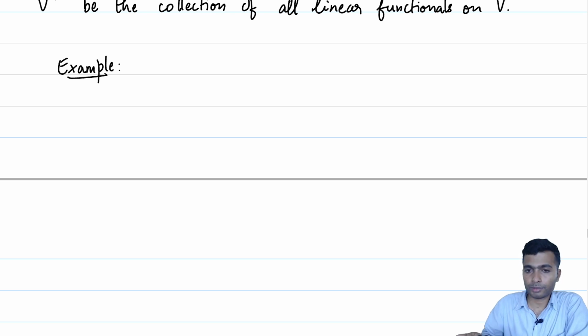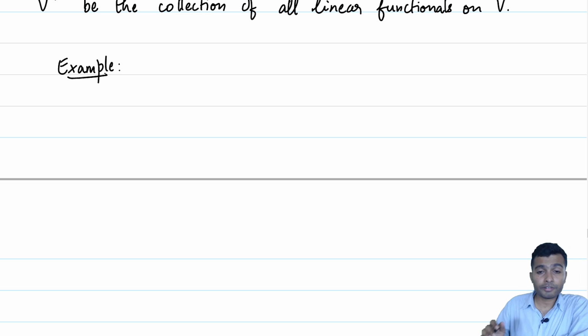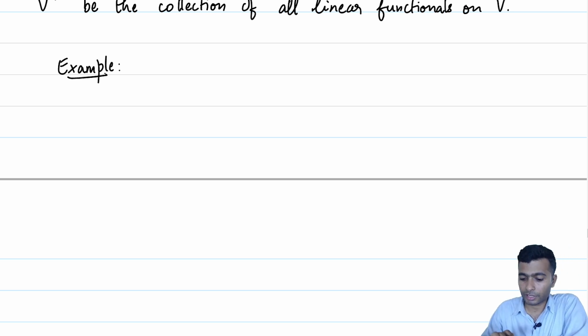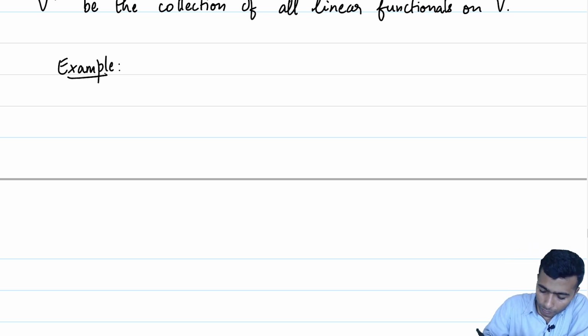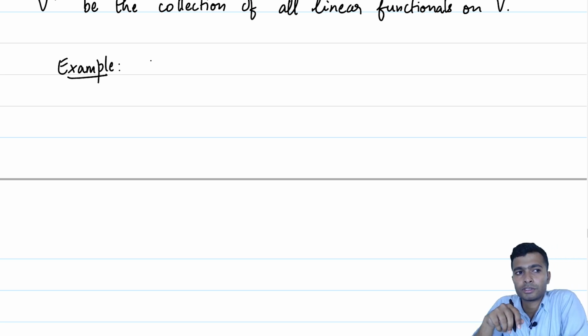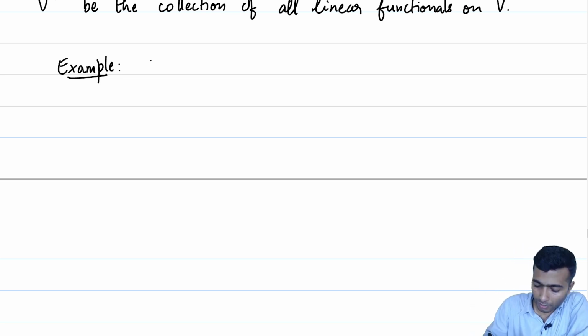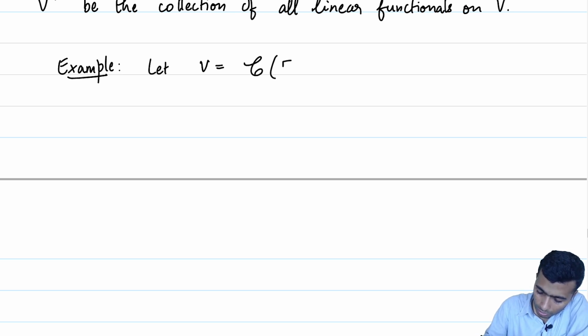After all, they do not look very natural, or maybe they do, but there is a very concrete reason why these objects are studied. The dual is a very well studied object. So, one example might help us in justifying that. So, consider the vector space V of continuous functions on the closed interval 0 to pi. So, let V be C of 0 to pi